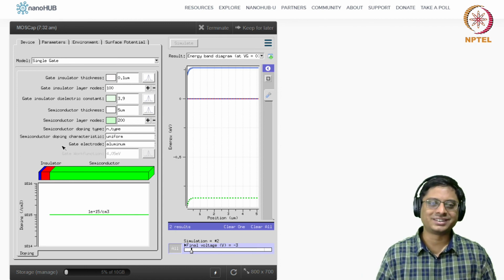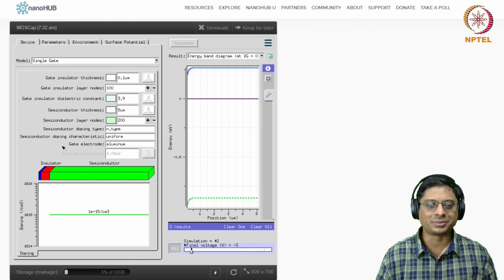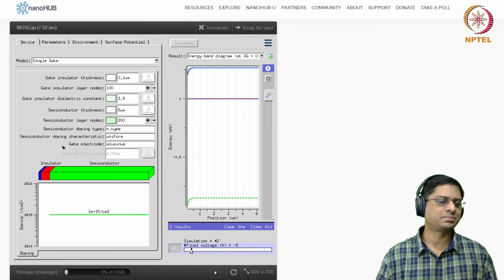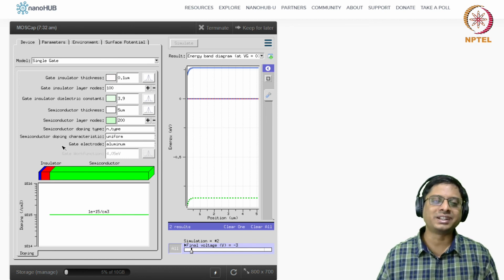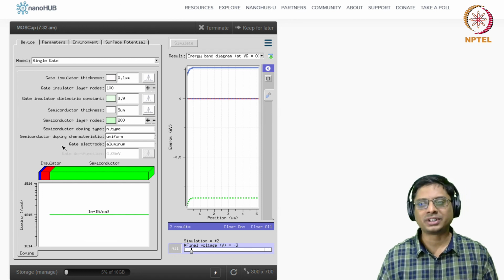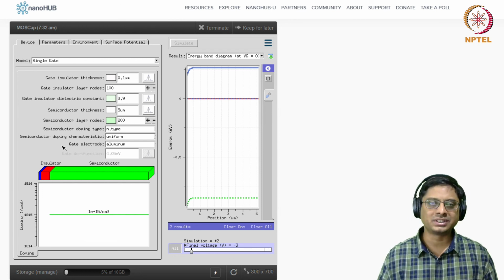As a small take-home assignment, you can do it or not, up to you. But I would encourage you to think about the various ways of changing VT. Just change some parameters and try to see if VT will change. That means the point at which inversion happens changes. What are the various parameters that we can tweak? Because I said VT is one of the most important parameters when it comes to the design of semiconductor devices. So what are the ways to control VT?